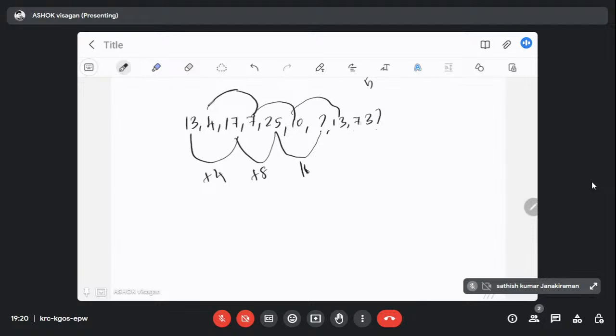Here they can't, the next number is given. So 25 plus 16 should be what? Plus 16 should be 41. The number should be 41. If the number is 41,